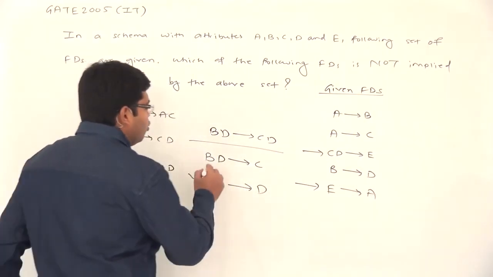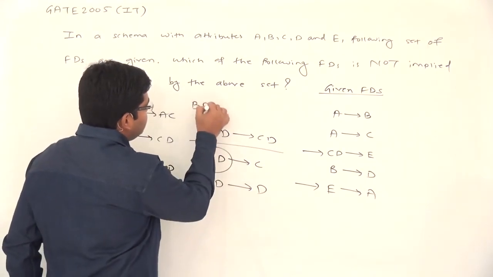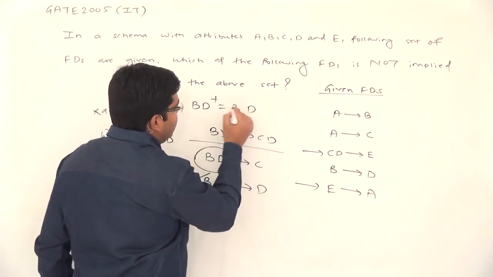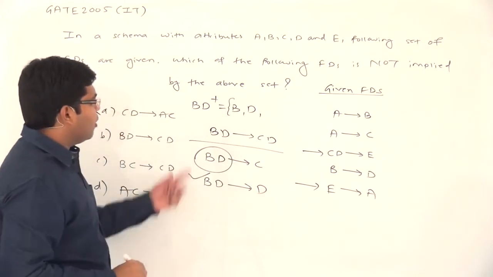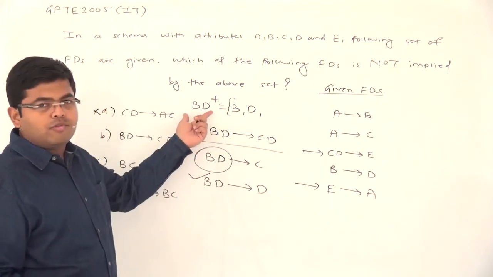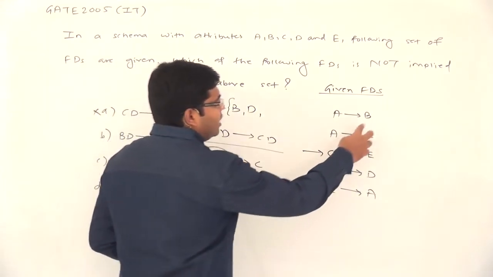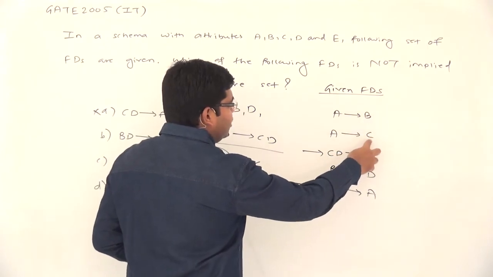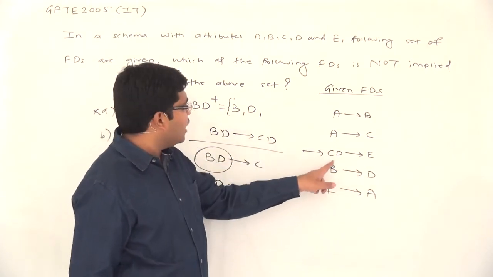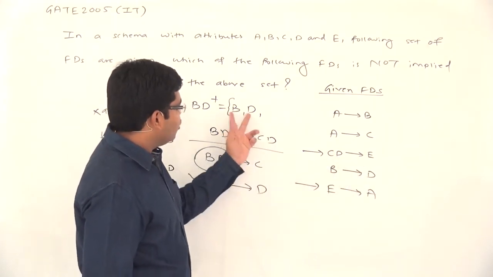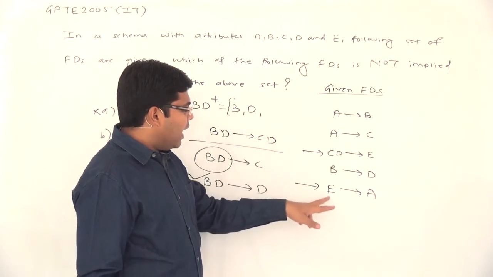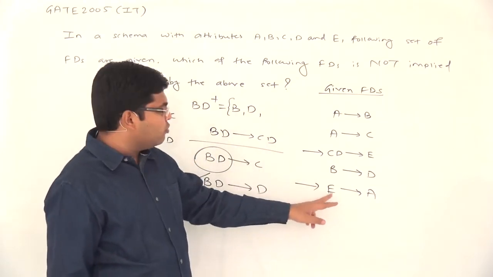Or what we can do, we can take the closure of BD. So the closure of BD will be equal to, initially it will consist of B and D. So B comma D will be there. From BD you will get the value of B, from BD you will get the value of D. Let us see what other attributes can be obtained from BD. So we can see that here B is already present, for C, we need A in order to determine the value of C. Now for obtaining E, we need the value of C as well as D. Now C is not available, that is why this FD is not applicable. Similarly B gives D, so D and B are already present, and E gives A, this FD will also not be applicable because we don't have E.